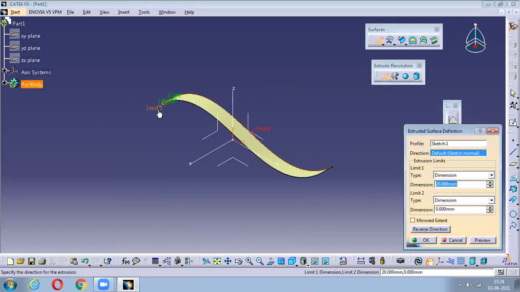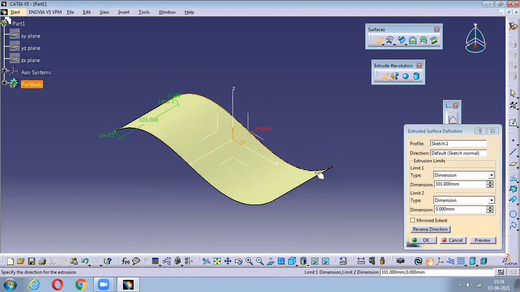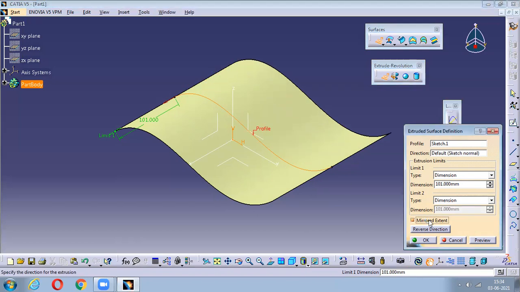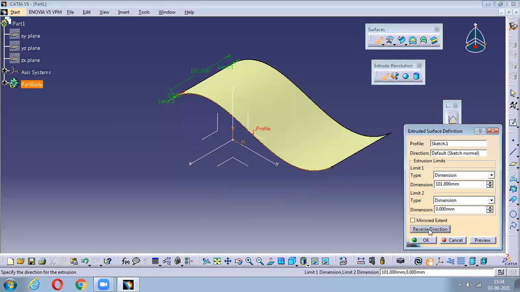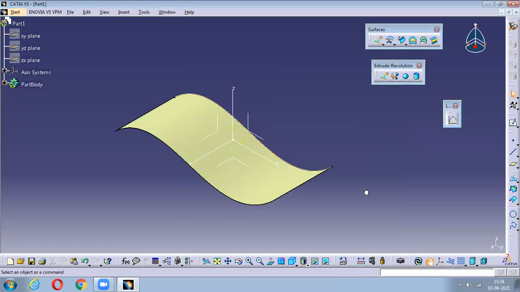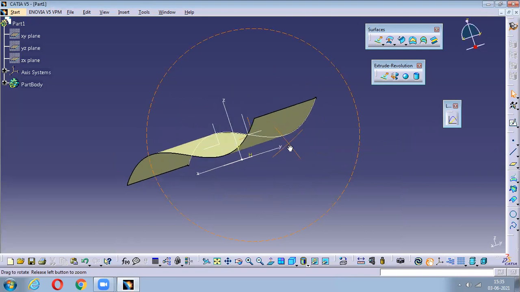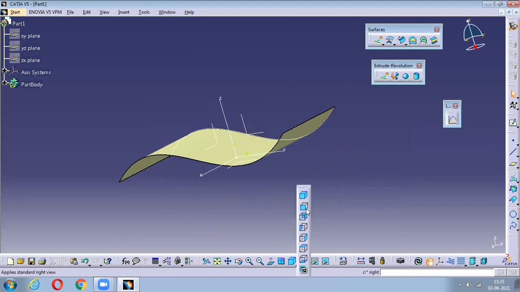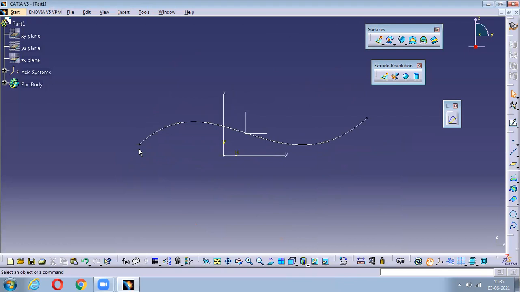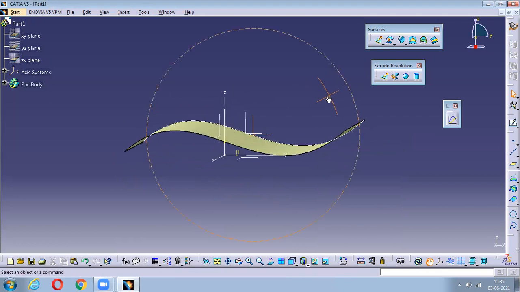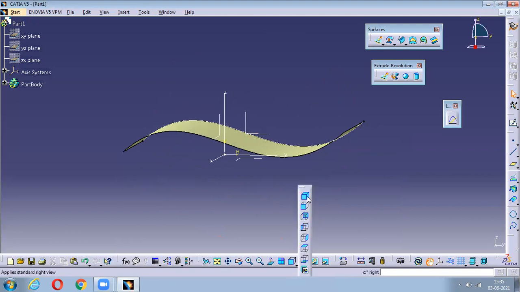Just give a click and you can notice the material has started adding up. This pale yellow color highlights every time that you are working in surfacing. Okay, same thing: you have limit 1 as well as limit 2. You can go with mirror extend, or else you can take reverse direction. Once you say okay to this, the material will be added. The thickness can be assigned later on. And the beauty of this is, once you see it from a view, it will look like it has zero thickness, right? You only see the drawing you have done, but the material will exist there. Okay. Any doubts in extrude?